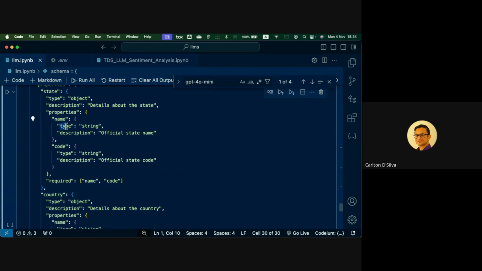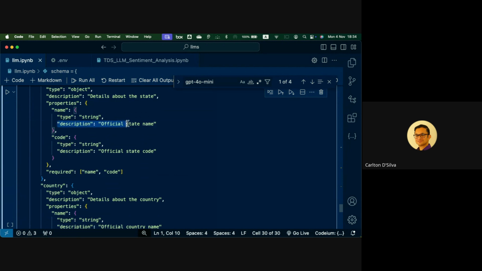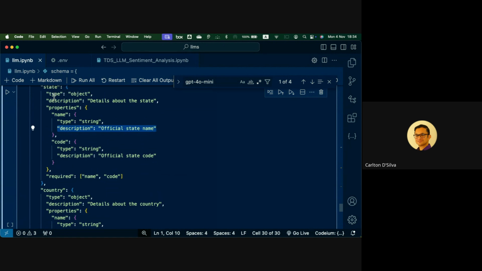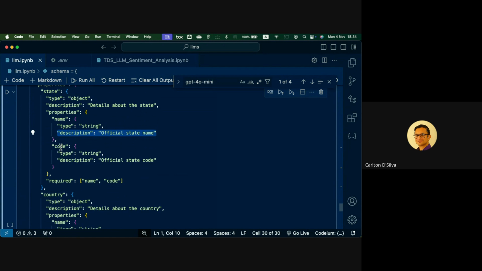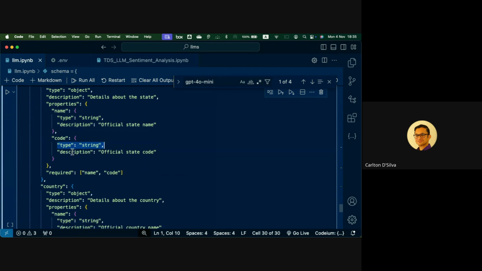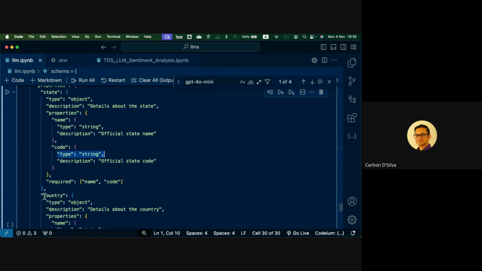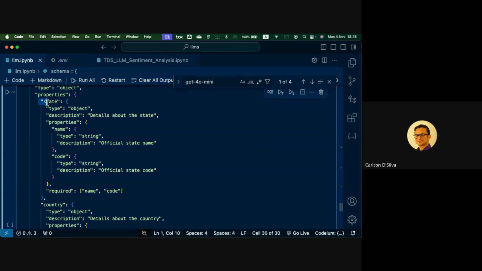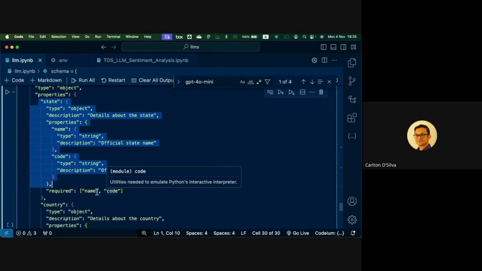And then what is name? Name is of type string. And then again, this is for our own understanding, just for documentation. Then state also has, apart from name, a code, and it's of type string, with something to help us understand. And we say this state object, both name and code are required. That's what we are saying here.